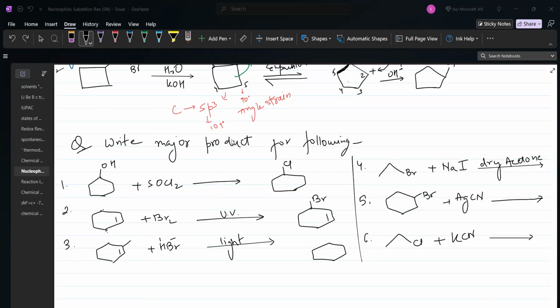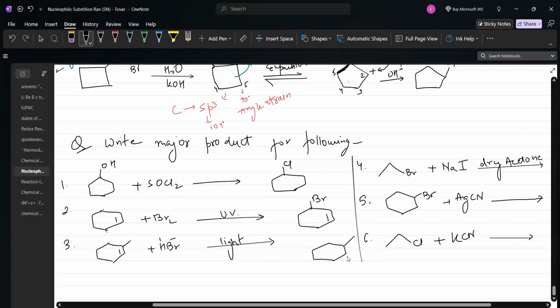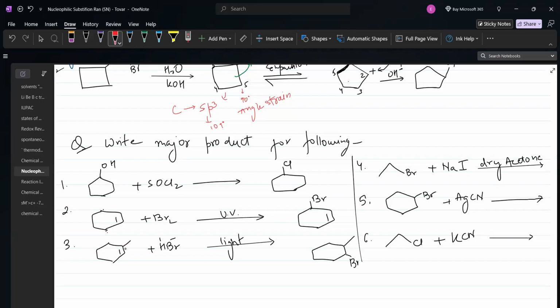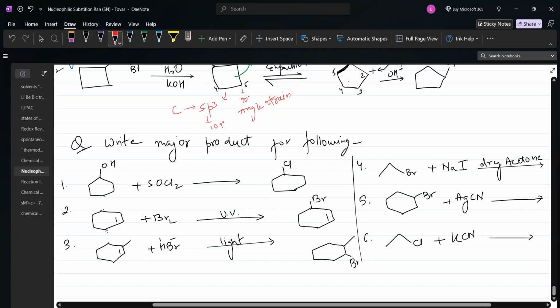So you may not have done addition reaction. No, I think you have done. So in this one, Markovnikov rules, right? Everybody has done Markovnikov rules? Yes, sir. The halogen will attach at that point where it has more hydrogen. So we have one hydrogen here, and zero hydrogen here, so that is why bromine will attach